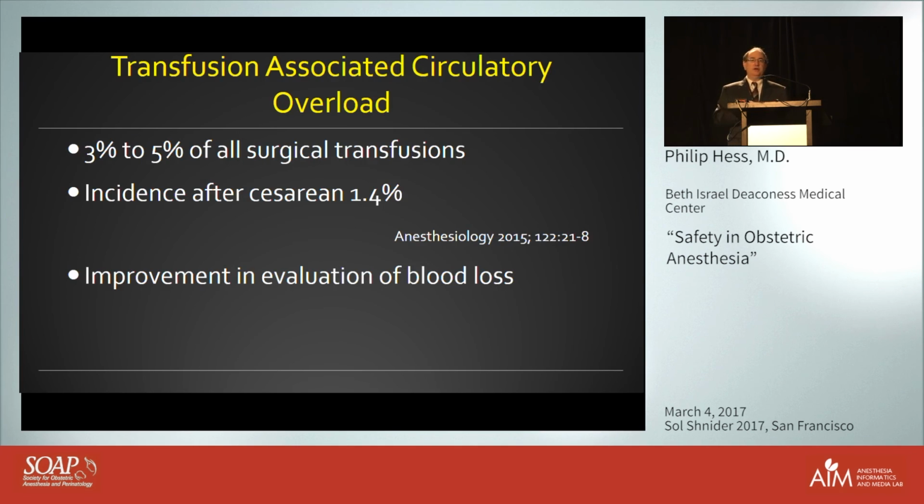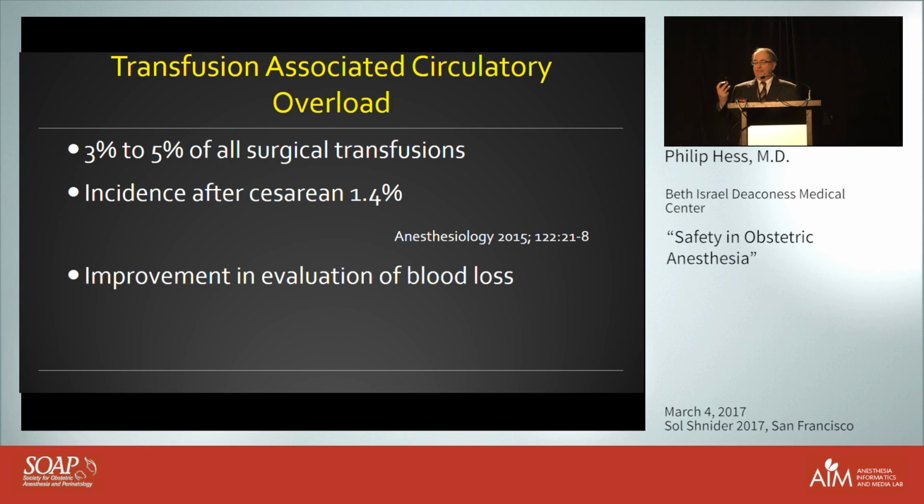Transfusion-associated circulatory overload does occur, and it occurs in about 3 to 5% of all surgical transfusions. The incidence after cesarean delivery is a little bit less, but that probably has to do with the types of cases that we do. C-section is the most common surgery in the United States, and so most of the C-sections that we deal with are fairly low blood letting cases, and so the number of circulatory overloads that we have, because we do have a patient population which is young and resilient, is very low, or a little bit lower than the general population. However, probably in these major placentation cases, that's where you're going to see this happen,